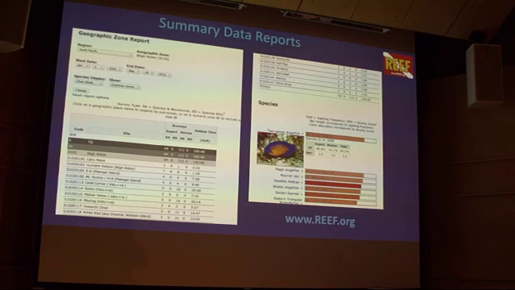So getting the data out. We have online data reports. Anybody can go to the Reef website and generate all different ones. This happens to be a summary report for Fiji, sorted from the most common down all the way to the really rare stuff. It tells you how many surveys have been done in the area, and expert versus novice. You can query it in a bunch of different ways. You can look up your own data. This kind of feedback is pretty critical to keeping our members wanting to do more. They can go and look at their own data.